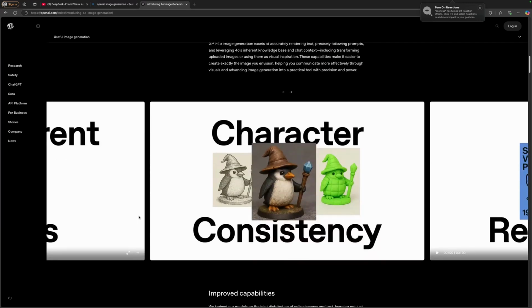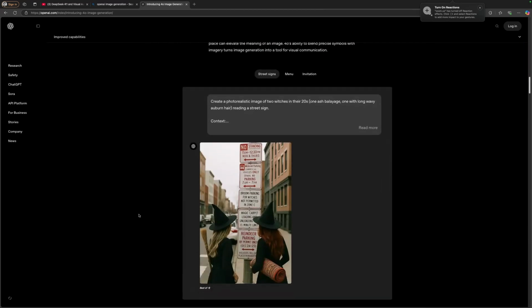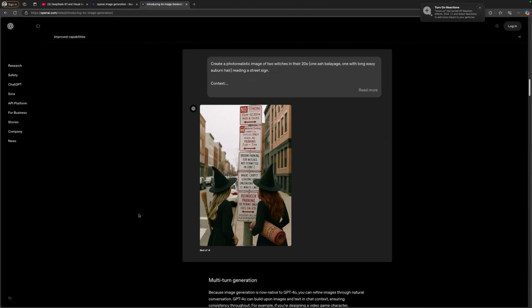Okay. I particularly liked this next one here, the witches and the street sign. Again, I don't think in the prompt they specified all the wording that was supposed to appear on each one of the signs, but the fact that it had to come up with a bunch of realistic wording, and they spelled everything right. Yeah, but it's interesting, because I associate witches with brooms, right? And the magic carpet bit. I don't associate witches with flying carpets, but at least it's spelled flying carpet correctly, and even on the reindeer parking, it got the dates correct too, right? Yeah, exactly. December 24th through 25th. Yeah. So there's a whole lot packed into it,